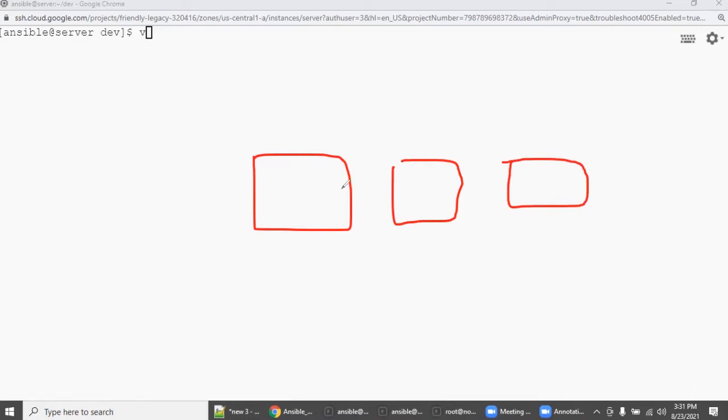These two PuTTY windows both have to be logged into the Ansible server as the Ansible user. In this PuTTY window, you log in as the Ansible user or directly as root in node 1, that means client 1. So you create the YAML file here and execute the Ansible playbook here,